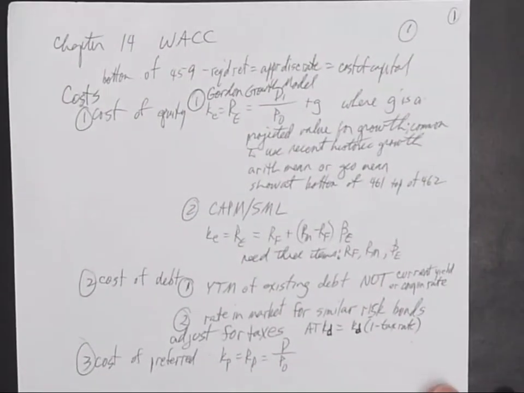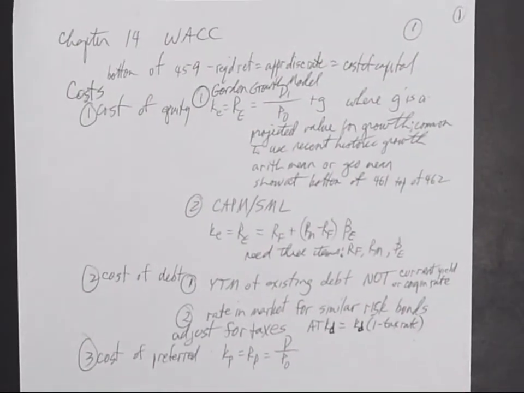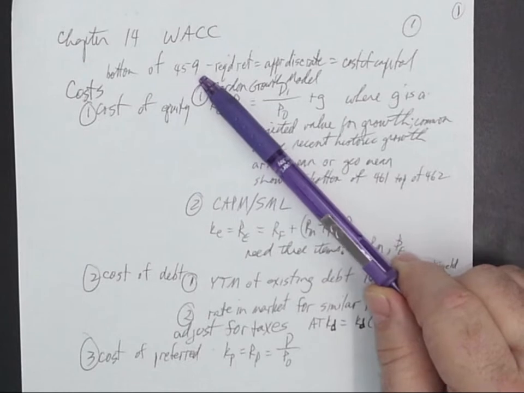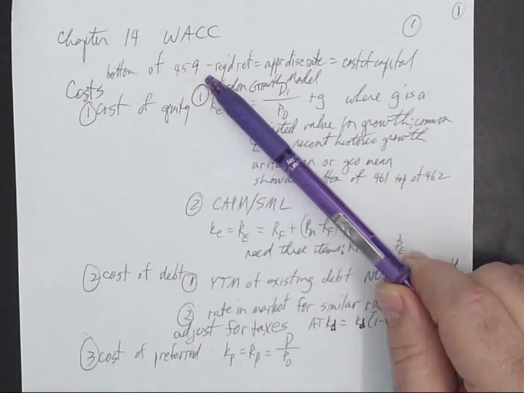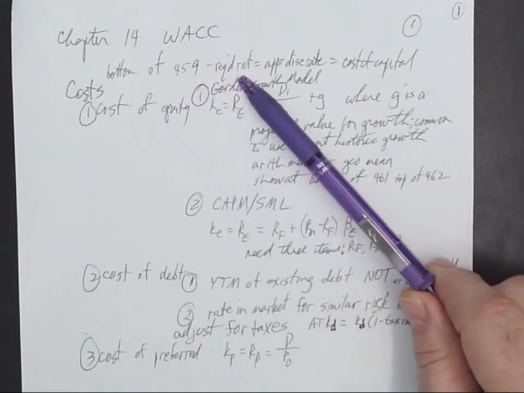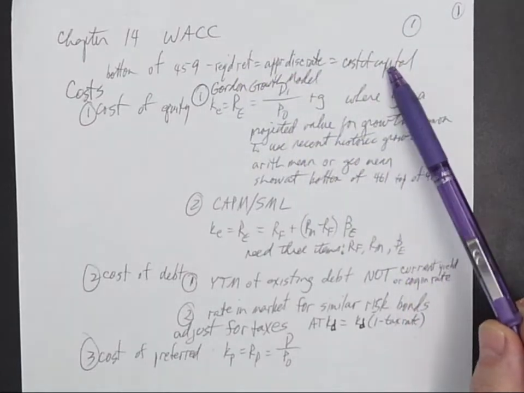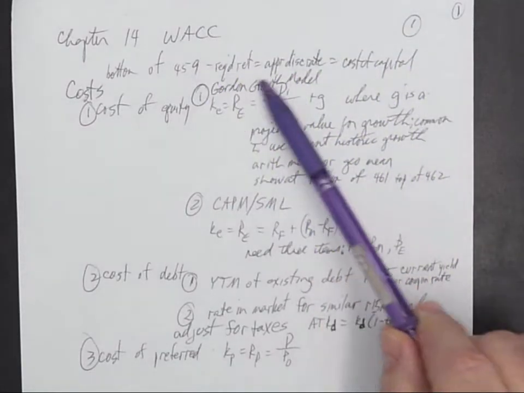I just hand wrote some notes here. This is really duplicative of what you have in your book, so it's nothing new. But I note here to be aware at the bottom of 459, and I mentioned this in the other video, that pretty much we use required rate of return, appropriate discount rate, and cost of capital. We tend to use those